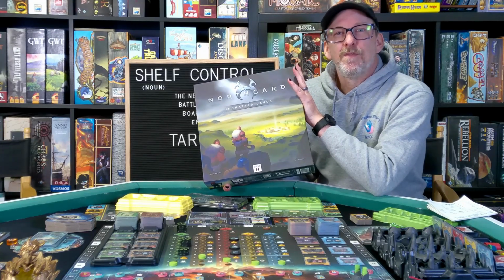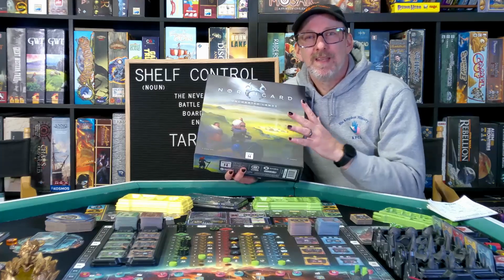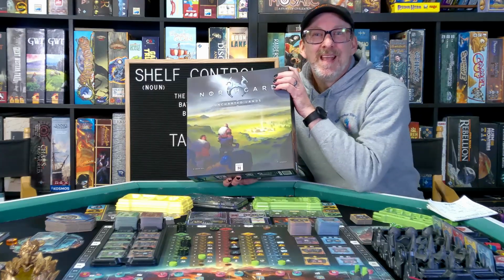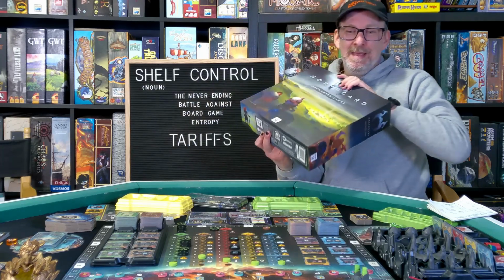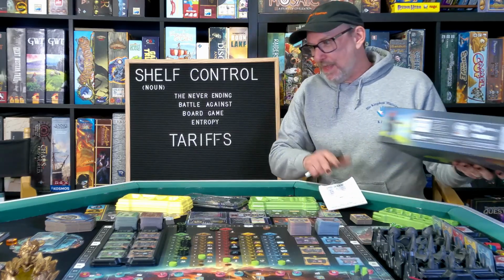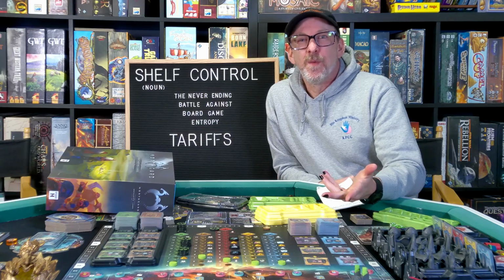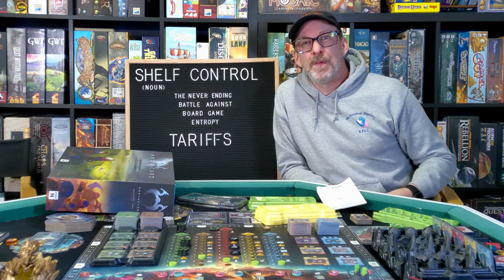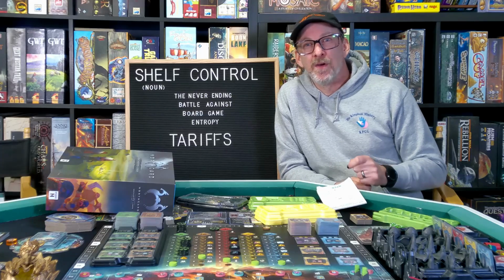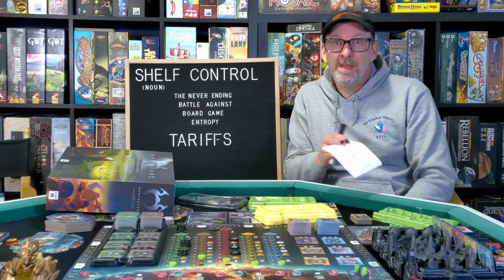But the retail doesn't have the warlords and the variety that the Kickstarter had, and they just came out with a Kickstarter where you could get the collector's base game, the 2 expansions that are out already, and the third one at a pretty decent price. And so I went ahead and got that Kickstarter, and then all this tariff stuff happened, and it got me thinking, is it still a good deal? What's going to happen? They said they were going to consider what was going on and come up with an update as to what's going to happen. Hopefully all this will just blow over by the time that production is complete and it starts shipping out, but we'll see. So I'm using Northgard as an example later on. I did some math, and so